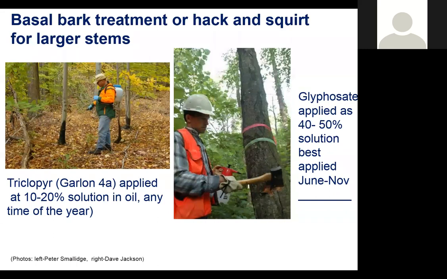And then the other common one, and probably what I recommend a little bit more, is the hack and squirt method. So essentially, it's just like it says, you hack into the bark, and depending on the size of the tree, you may actually need two or more hacks or frills. And then essentially you're squirting the herbicide into that open hack. And this can typically be done with glyphosate. You'll probably see out in the literature the typical recommendation is to use 40 to 50% solution of glyphosate, which